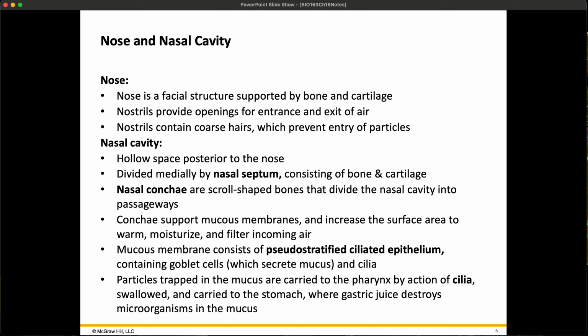Posterior to the nostrils, you have that nasal cavity. It's that hollow space posterior there. It's divided by the nasal septum. It has bone and cartilage, again, as the main tissues that we're seeing. It also has these nasal concha. These are those bones that we talked about that are on the sides of your nasal cavity, on the medial